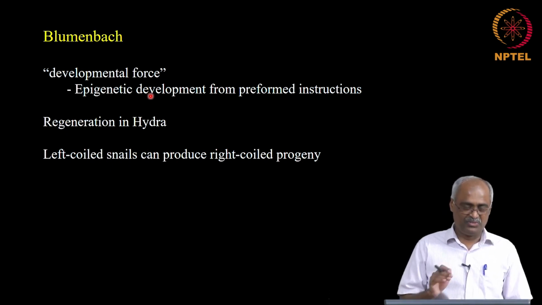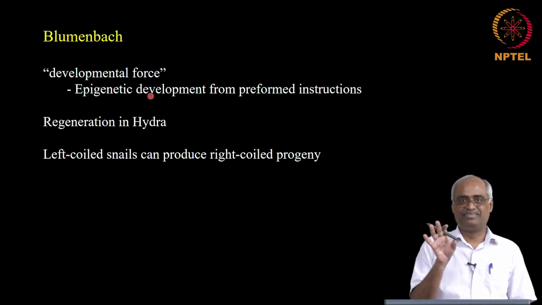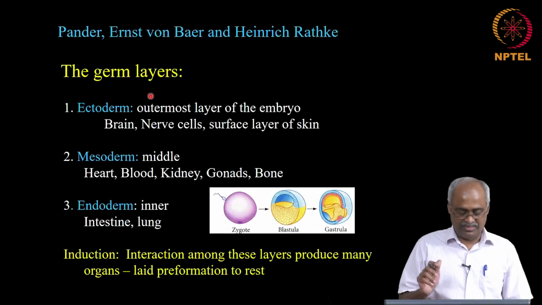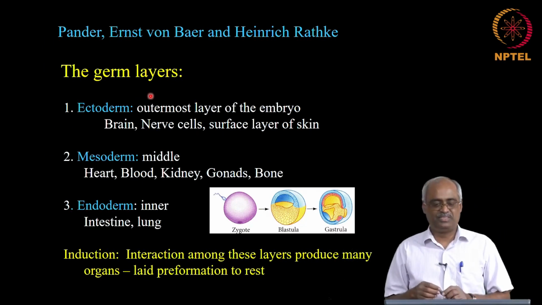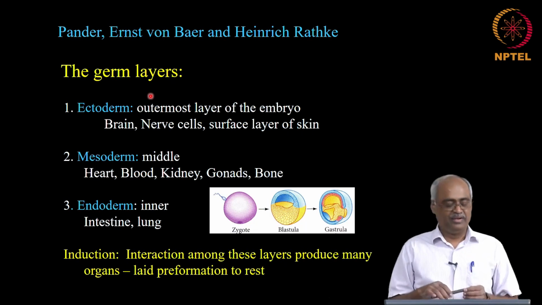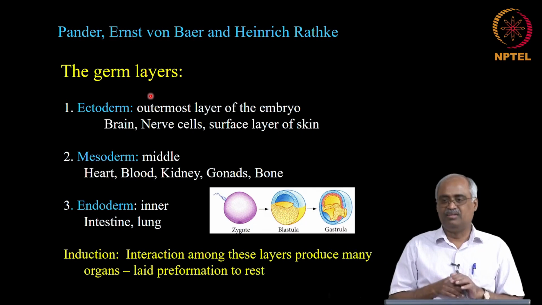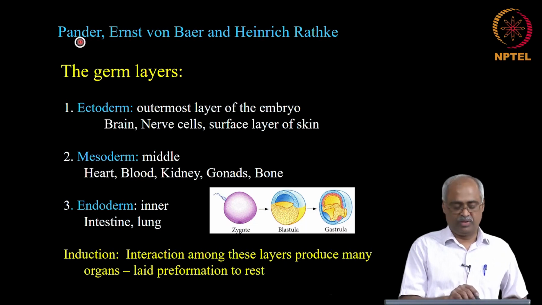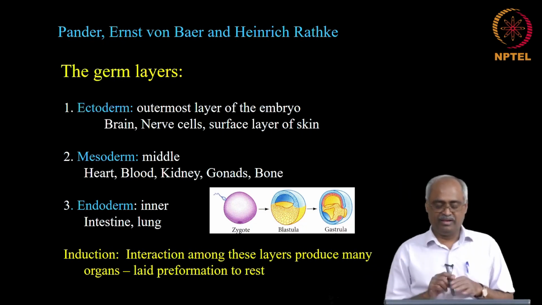But you see, unless you go through this history, you will not understand how the thought shaped, because our thought is a continuation of that, and that is why it is good to revisit these things. So then microscopes became more and more sophisticated, and more people got interested in observing embryos, and there was a lot of activity, and the German university system allowed all of this to happen readily. And of the many, these three: Pander, von Baer, about whom we will learn a lot, and Rathke.